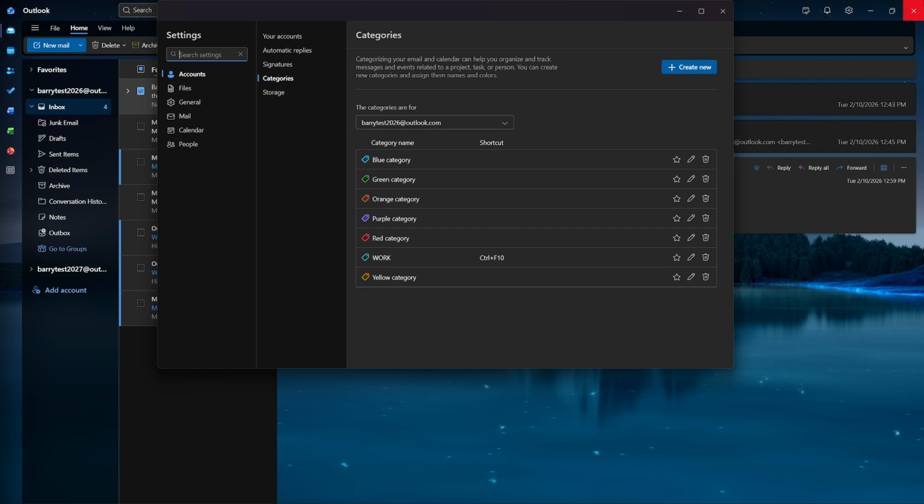Shortcut keys can speed up your day. In the All Categories dialog, choose a category and select a shortcut key from the list, then click OK. Pick keys you'll remember and avoid overlaps with other Outlook shortcuts you already rely on. When you've finished making changes, click OK to apply and save everything. Your updated categories, colors, names, and shortcuts